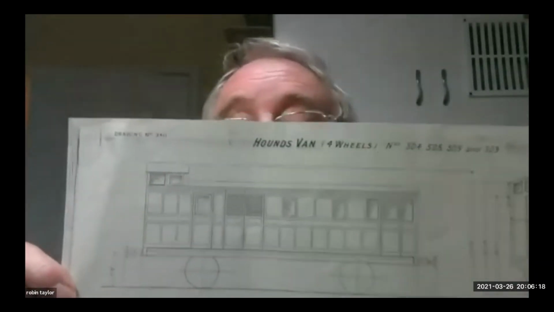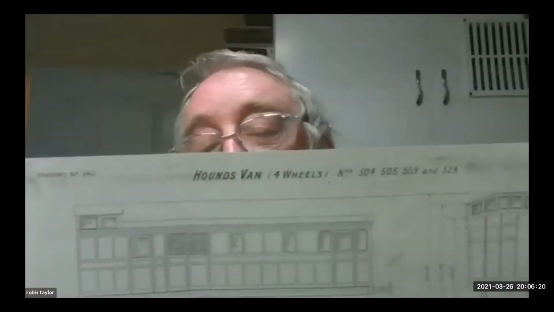Get a drawing or a picture. When you get a drawing, there can of course be mistakes. This is not an O-gauge drawing. It looks as if it is, but it's from the North Eastern Railway diagram book, and most of the drawings in there were about quarter scale.